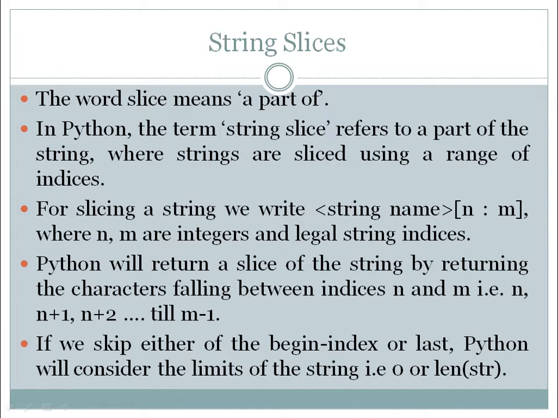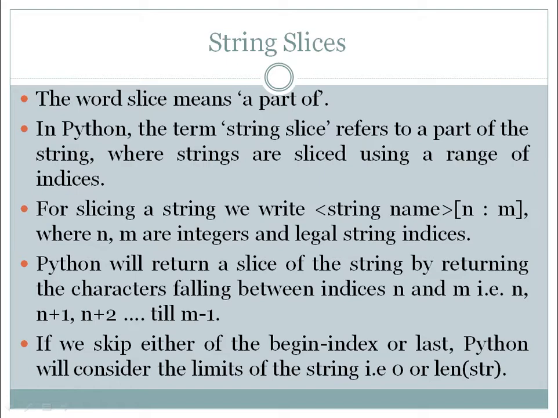So if you try to slice a string between index number n to m, it will give us a substring starting from the index number n, and it will move up to m minus 1. So what will be the indexes that we will get? We will get n, n plus 1, n plus 2, and so on up to m minus 1. Please note again that m will not be included. The value at the index number m will not be returned in the substring. Like the range function, the upper limit is not touched. Similarly, here also in slicing, the upper limit index is not touched.